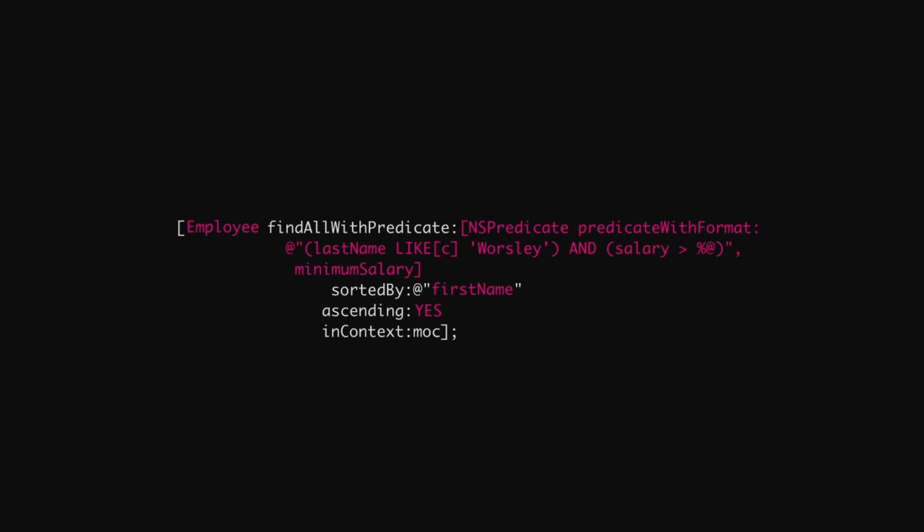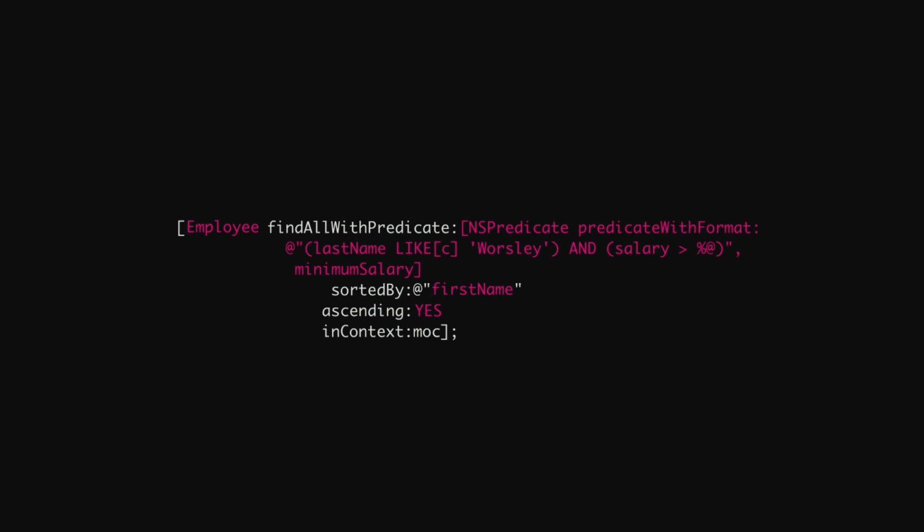First, it has this in-context parameter, which is optional. The managed object context is something that you need to pass along in order for a query or anything to work in Core Data. But what we have instead is kind of a default or a main context with MagicalRecord. So if you leave this in-context parameter off, it will use the default one that it already has, which is basically the one that you use on the main thread.